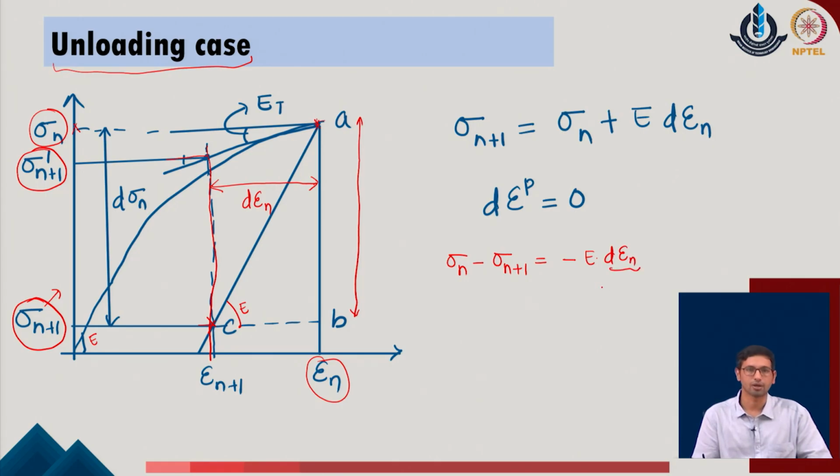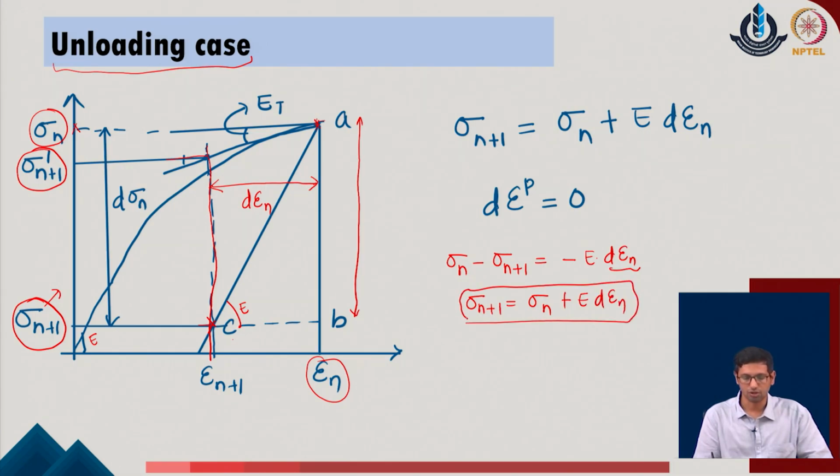Why have we written d epsilon n with the negative? Because we are taking it in the opposite direction in the given system. So, if you just take now the geometrical consideration in the system, it can be written as sigma n plus 1 is equal to sigma n plus E times d epsilon n in the given system. So, using this idea, the user can evaluate the standard value associated with the new stress increment in the given system, and that gives us the effective value corresponding to the stress level on the unloading profile of the given system.